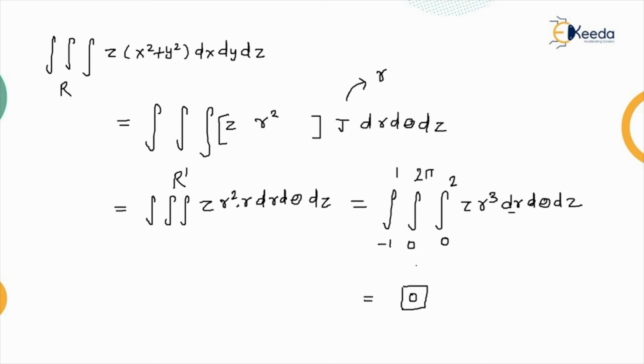And as a direct result you can just remember that the limit is given to you as -a to a, and if your function is an odd function, you know this thing, z is given to you, and it is acting like an odd function. So directly you can just write that the answer will be 0, or otherwise you can find the integration first with respect to r, then with respect to theta, then with respect to z, and you can substitute the limits.